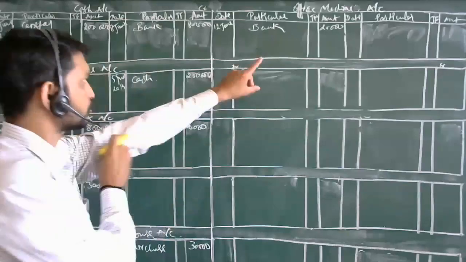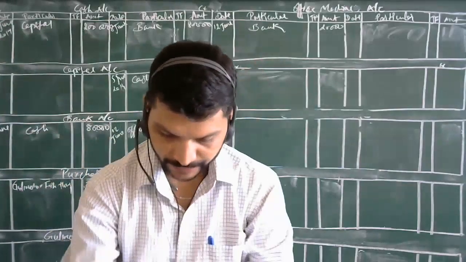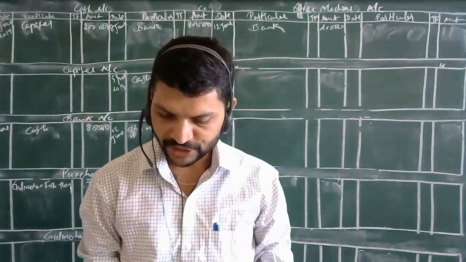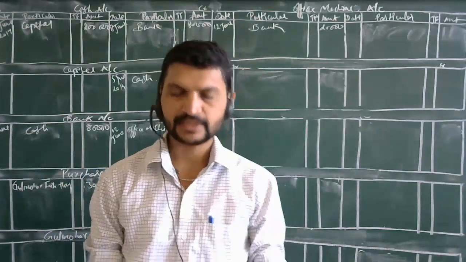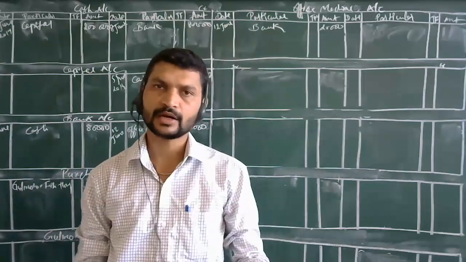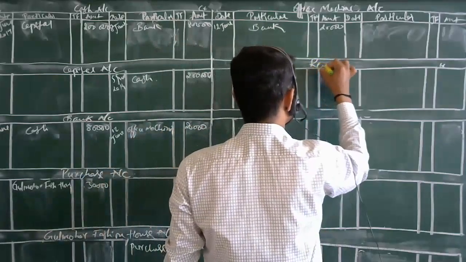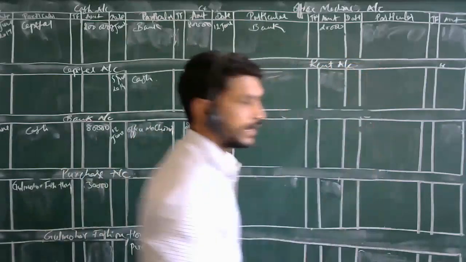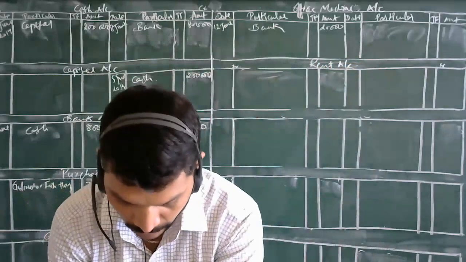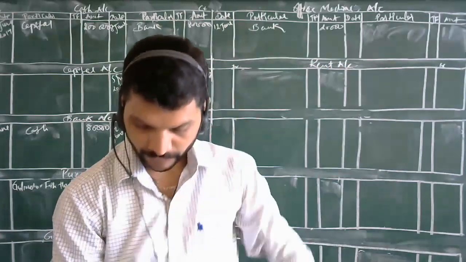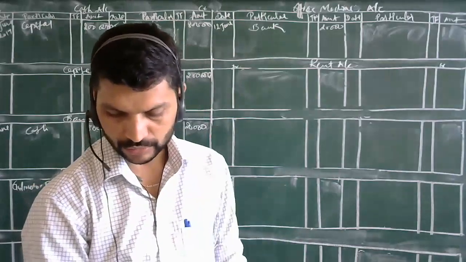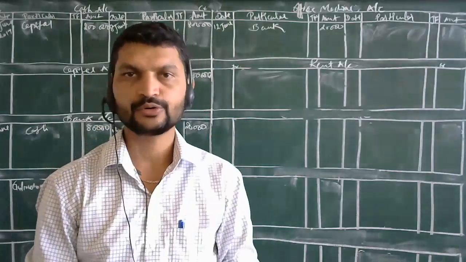The date is 12th June. 20,000. So what is the next entry? Rent paid by check. Now obviously, rent paid by check means bank account. So rent, the new account, rent account. Rent account is debited over here. Rent paid by check, which is debited, and to bank account. Rent account debit to bank account.